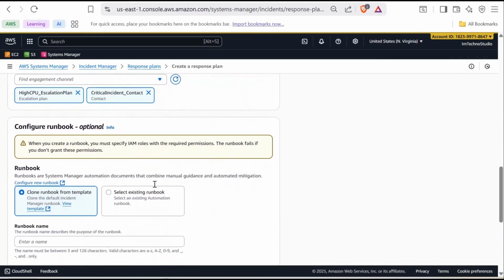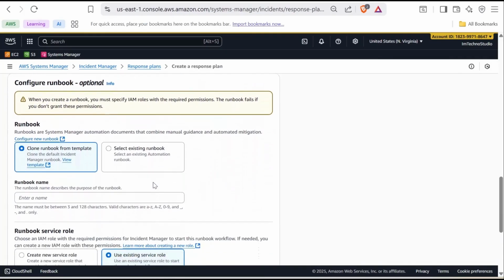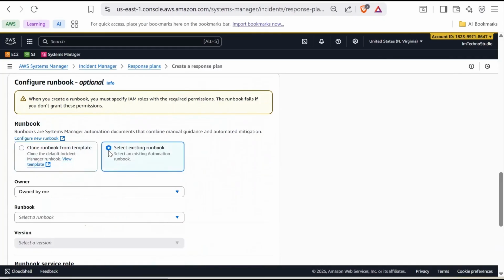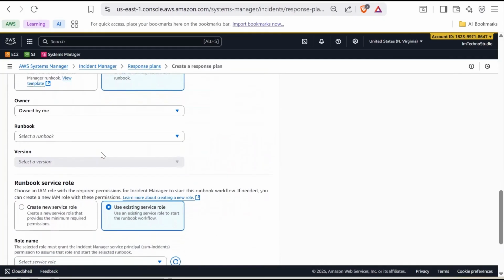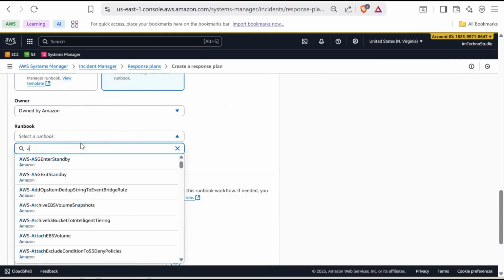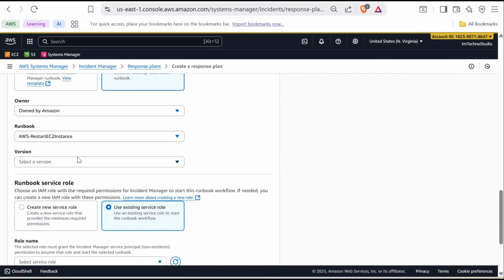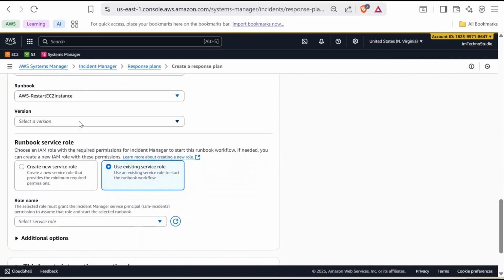Moving on, there is the Runbook configuration. Runbooks are the automation documents in AWS Systems Manager that can guide or even automatically resolve incidents. Instead of cloning a template, I'm going to select an existing runbook. Under owner, I'll choose owned by Amazon. From the list, I'm selecting AWS restart EC2 instance as the runbook, and I'll make sure the latest version is